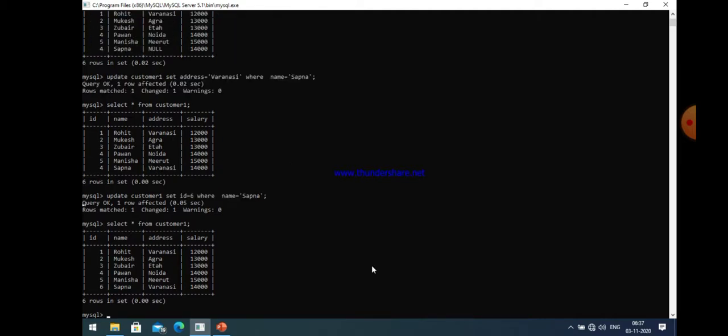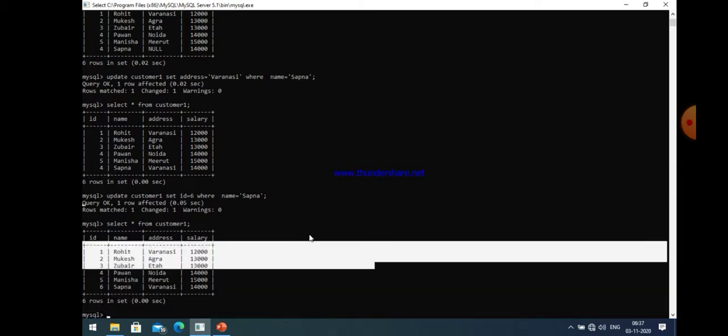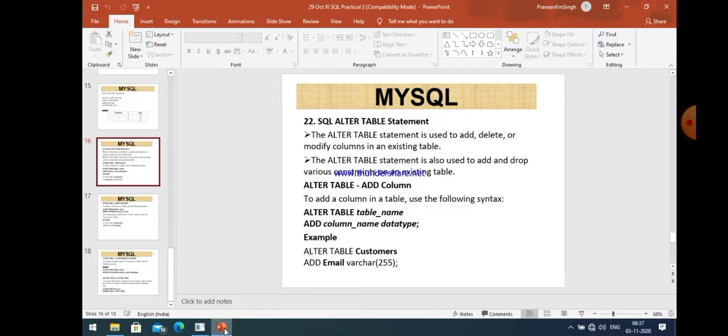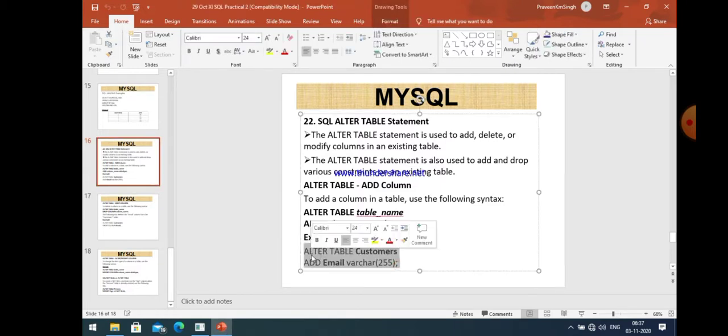Just write select star from customer 1. Now you can easily see that all customers have unique ids and they have certain addresses. Varanasi is repeated 2 times in this table. Okay, the alter table command. Using the alter table command, we can add a column, we can delete a column, or we can modify a column or a number of columns